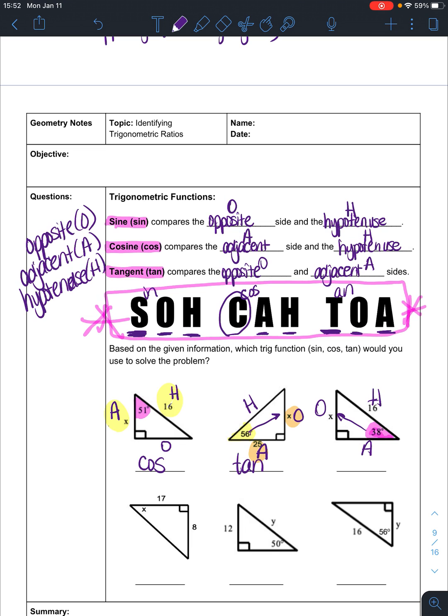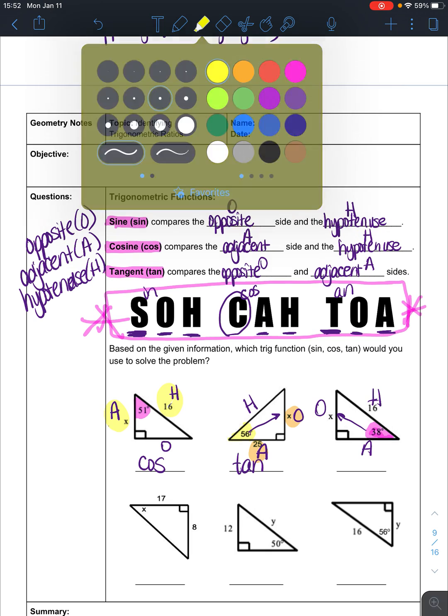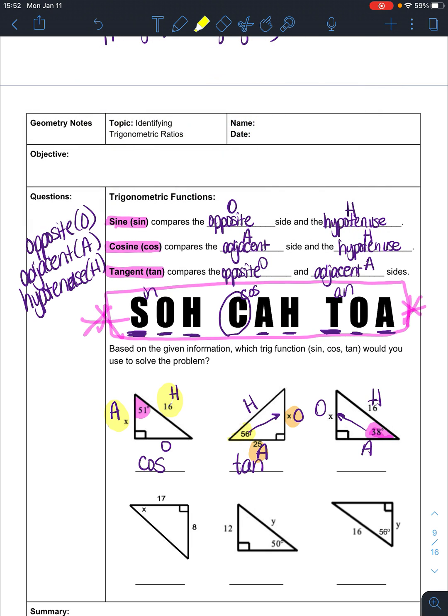Once you get good at this, you don't have to find all three sides, but it's good practice in the meantime. So then let's look and see what we have. The two sides that have labels, I have H and O. The two that use H and O would be OH, so that would be sine,